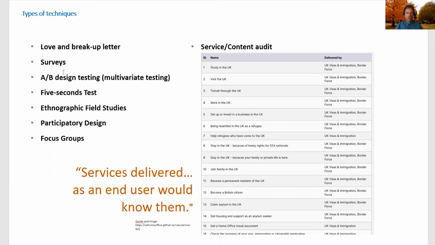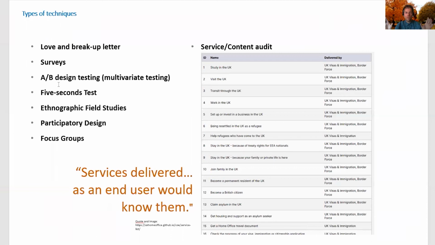Other methods are surveys or A/B testing, which is when you take the same content and you develop two different designs, graphic design, web design. So you have one single content and you develop two different home pages, two different web pages for the same content with different color, different shapes, but the same content.